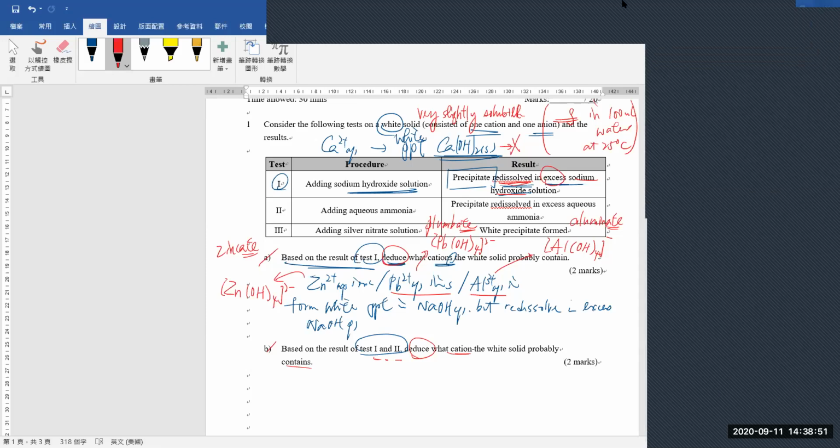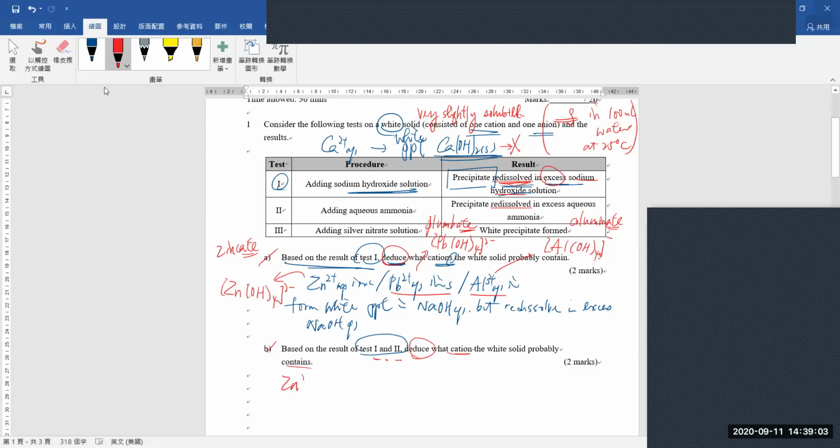Why? Why is it zinc ions? Yes, the answer is zinc ion, not zinc. Zinc ion. Why? Because